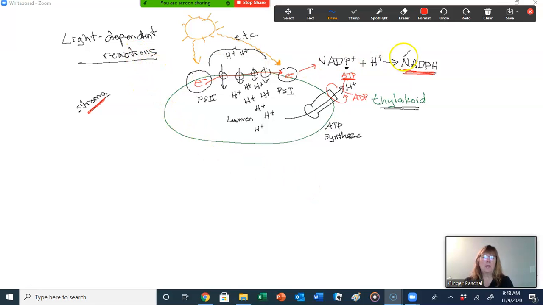In the light-dependent reactions, we created a molecule called NADPH, which I affectionately called NADPHA. We also made molecules called ATP, adenosine triphosphate. Both of these are energy molecules. Both of these are going to temporarily carry energy to the stroma where we are going to complete the process